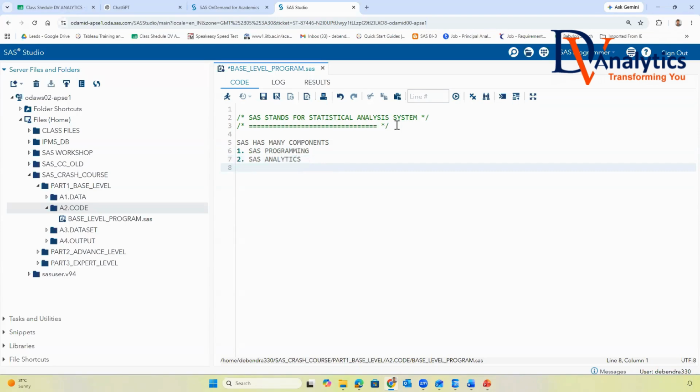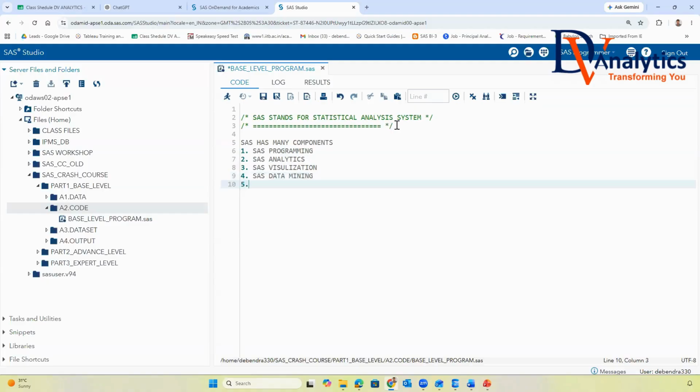Third, SAS visualization. Fourth, SAS data mining. Today, SAS AI ML is the fifth component in SAS. So if you know SAS, you can get familiar with programming, SAS analytics, SAS visualizations, SAS data mining, and SAS AI ML.